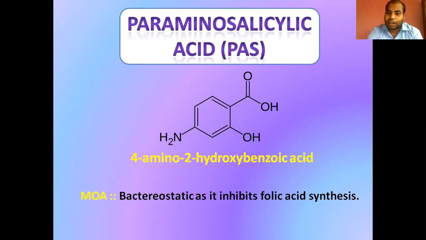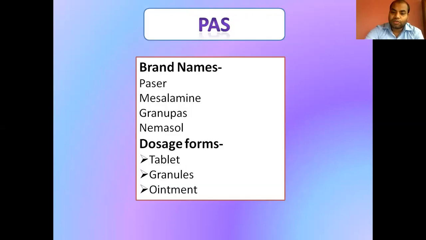Just as we have studied the structure of sulfonamides, this kind of structure is related to the sulfonamides, and the mechanism of action is also related to the sulfonamides: it inhibits folic acid synthesis by inhibiting the enzyme dihydrofolate synthetase. Okay, so para-amino salicylic acid is available under the brand name of Passer, mesalamine,